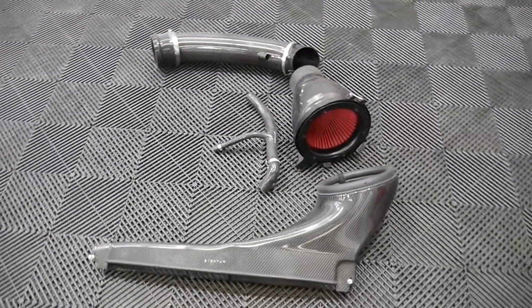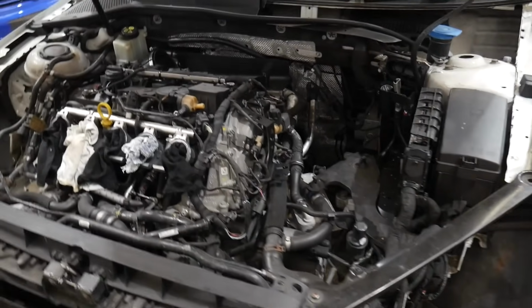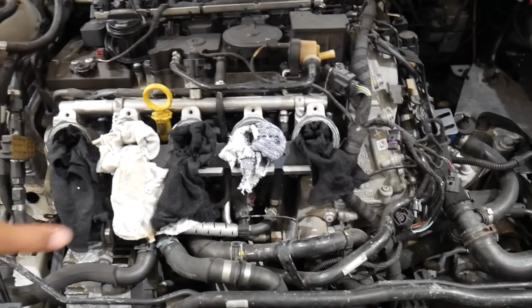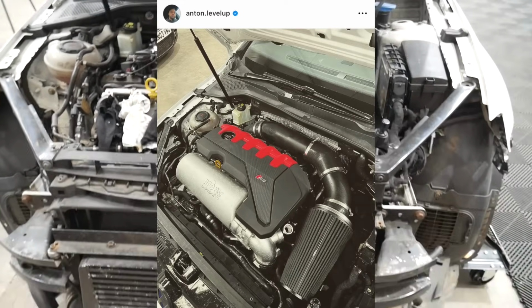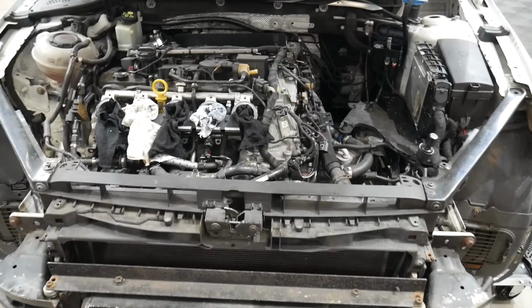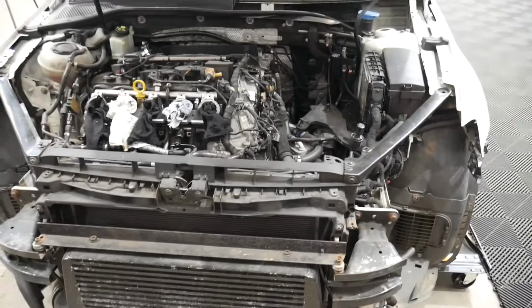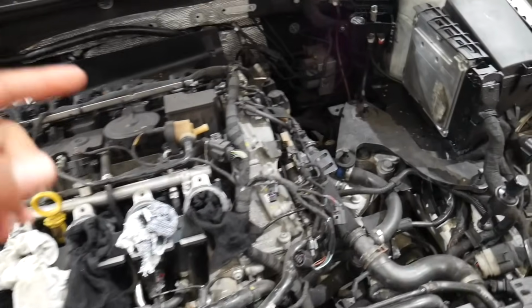This engine bay previously didn't look like that. It had a different intake on it, like a massive intake, which was used when obviously Dave was dragging the car and he left it on, and the same for the air filter and stuff like that. It just didn't look nice. I didn't like it, and I wanted to go for an OEM look. So I thought, no problem, I'll take the other intake off and I'll fit this, which I did,